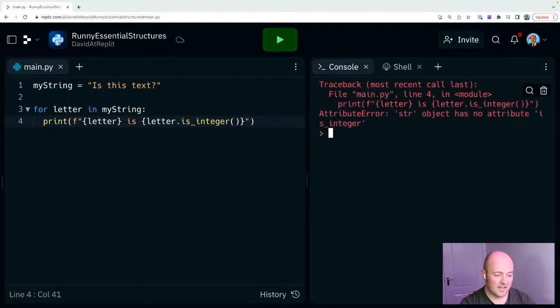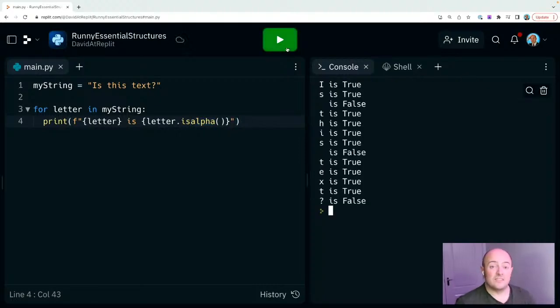No, maybe not. The proper way of doing this is using isinstance. I don't really want to do that when I'm demoing this to you today because it's a bit more complicated than we say there. Do you know what? I'm going to leave that for a minute. We'll go back to is alpha because it's easier to explain.